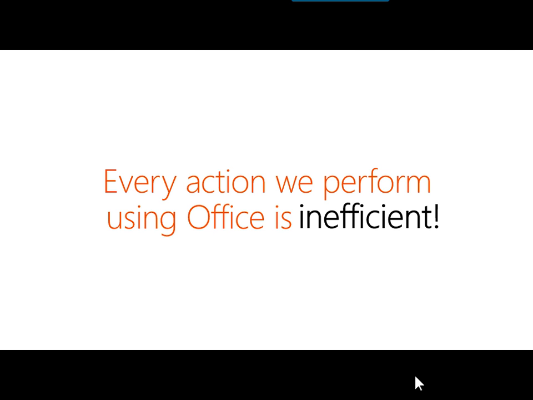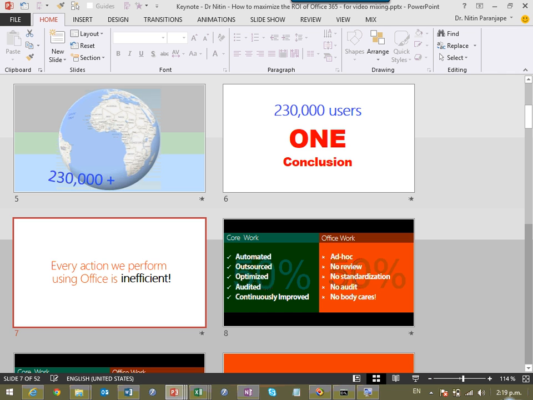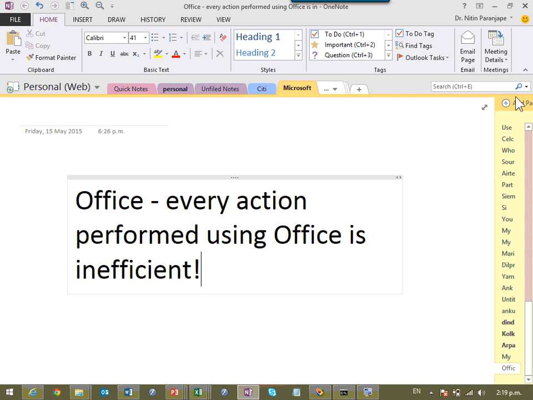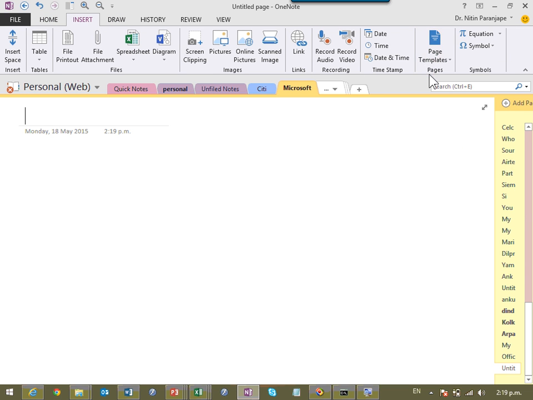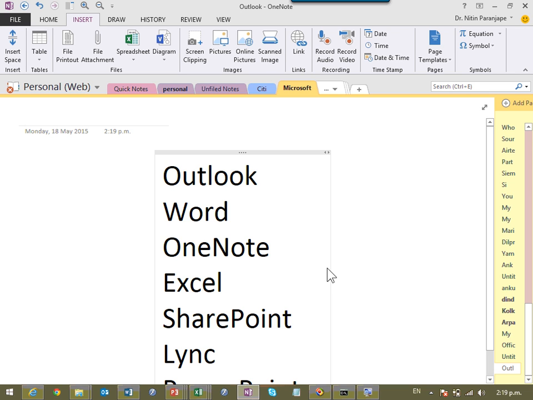Now you tell me, which product do you use most commonly? I'll just list down the products. I'm just going to make a list of products and you tell me which one you use more commonly, so we will give more focus on that product during my session. Obviously this depends on person to person, so let me take a poll to just understand the distribution in this room. Word, okay, Excel, PowerPoint, okay, OneNote,